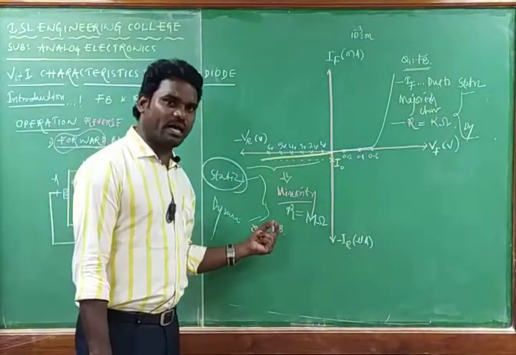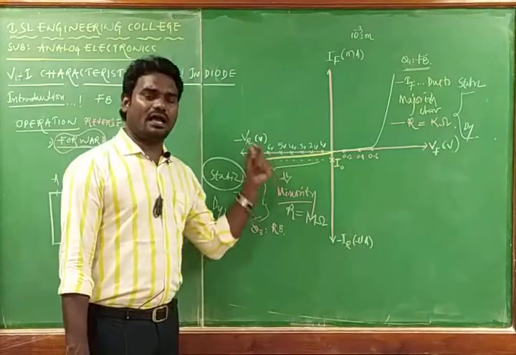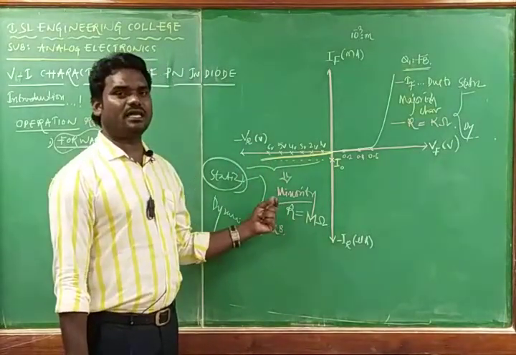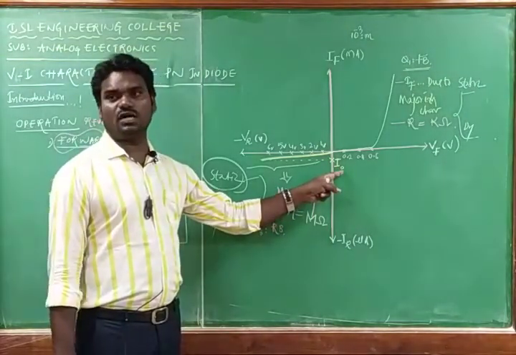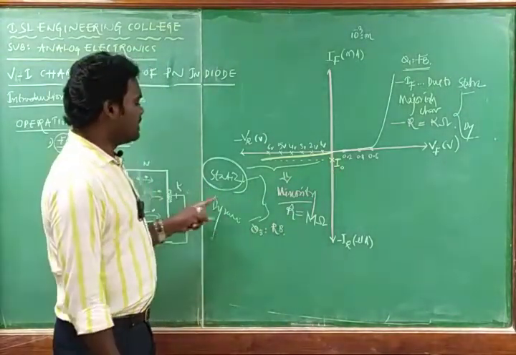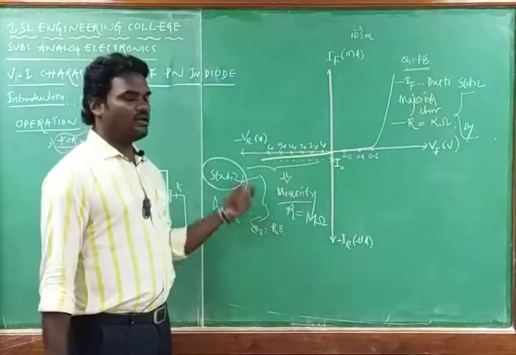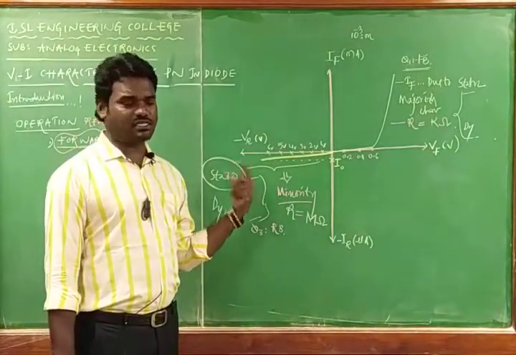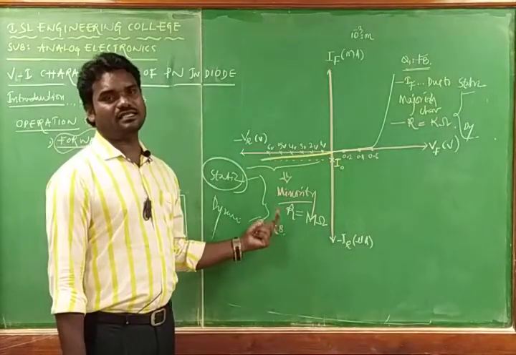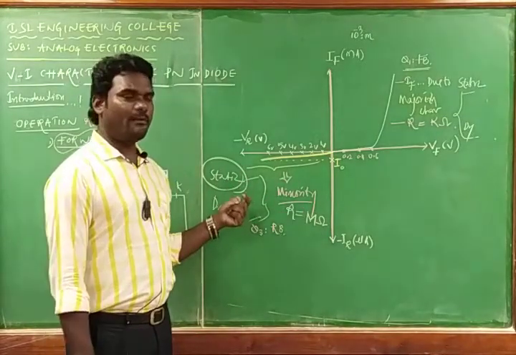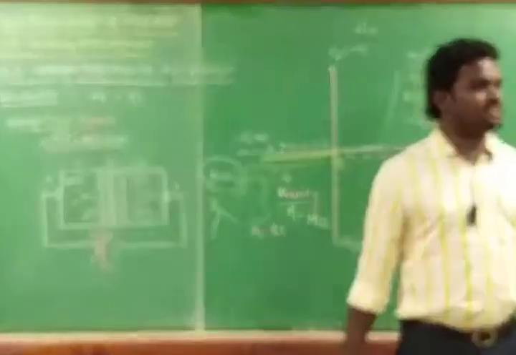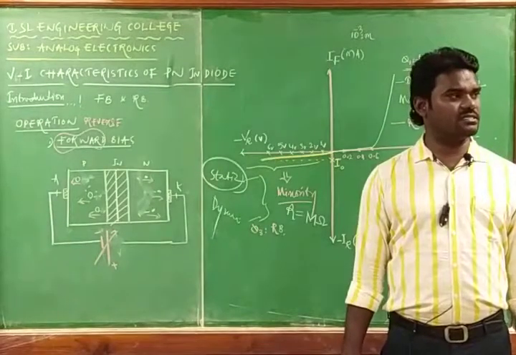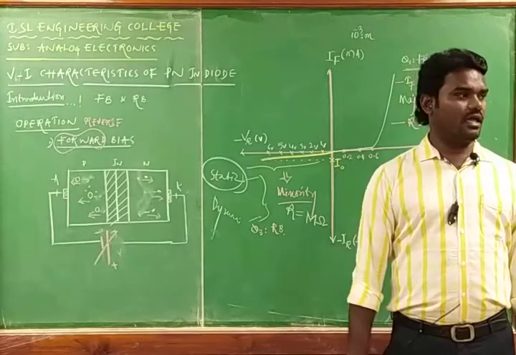In the case of reverse bias, it offers a very small amount of current, and that current is due to the minority charge carriers, named leakage current or reverse saturation current. It is denoted with I naught, and that current is in microamps. Because of the more resistance, it offers less current, and that resistance is in mega ohms. In reverse bias also we can have two types of resistance, static resistance and dynamic resistance. The static resistance is a fixed resistance and the dynamic resistance is an AC resistance.